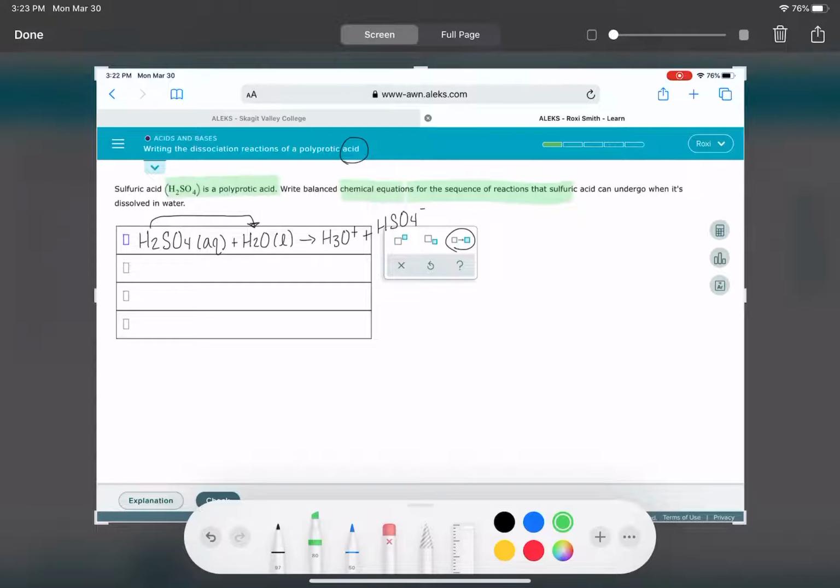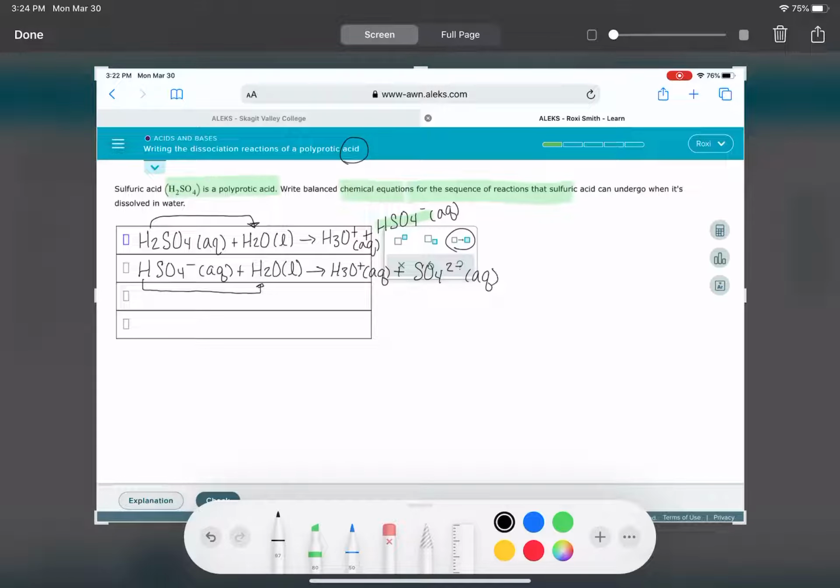Then for step number 2, you're going to take that HSO4 minus and bring it down to the next line, HSO4 minus. Oh, I got lazy and I started leaving off states. I'm going to put these states back in. Aqueous. And it is always plus water every time. All of these are going to be acids, so you're always going to be making H3O plus aqueous. And your other product, you're going to figure out by thinking about how the H3O plus was formed. Move one of the hydrogens from the acid over to the water, and that leaves you with SO4 2 minus